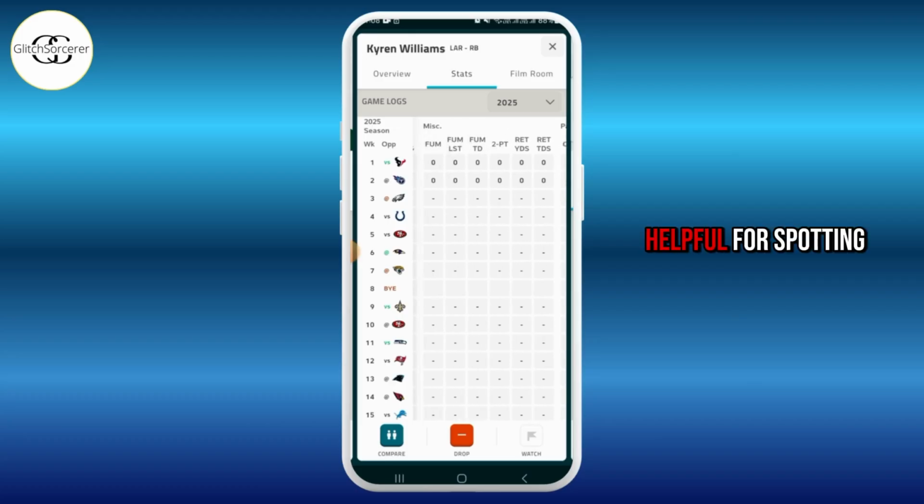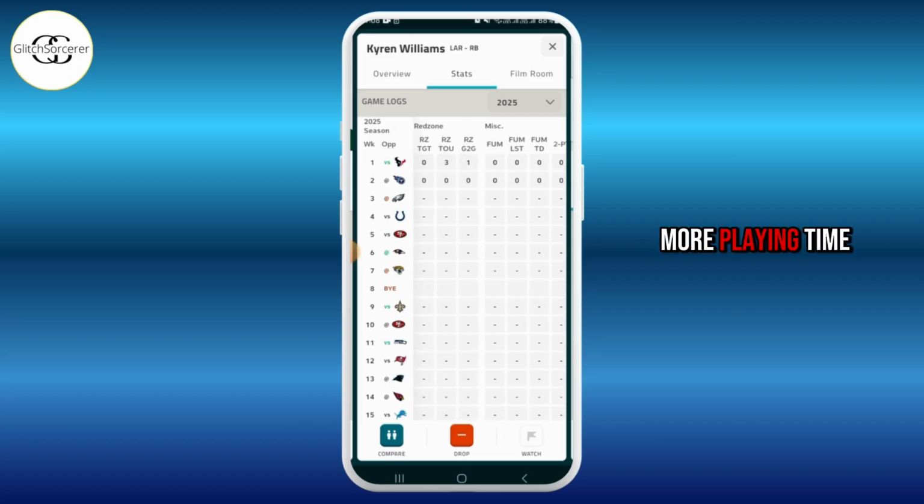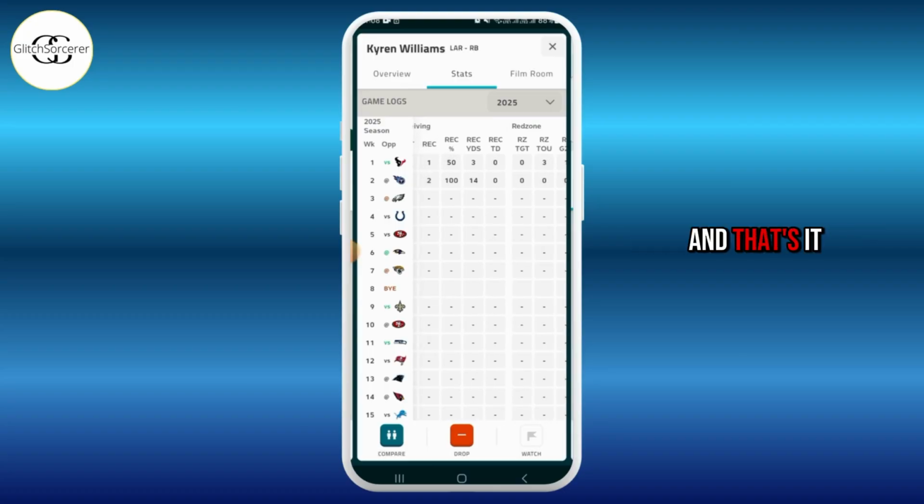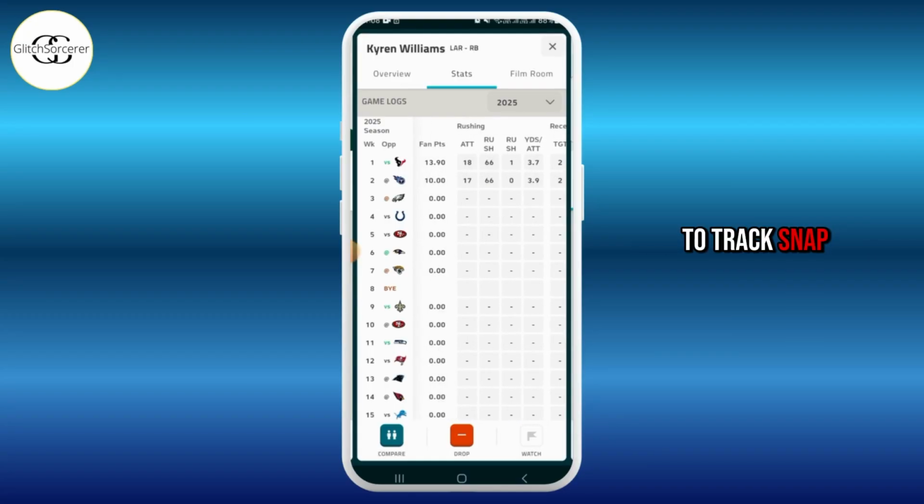This is especially helpful for spotting players who are getting more playing time even if the fantasy points haven't spiked yet. And that's it. Now you know how to track snap counts and usage trends right inside the NFL Fantasy